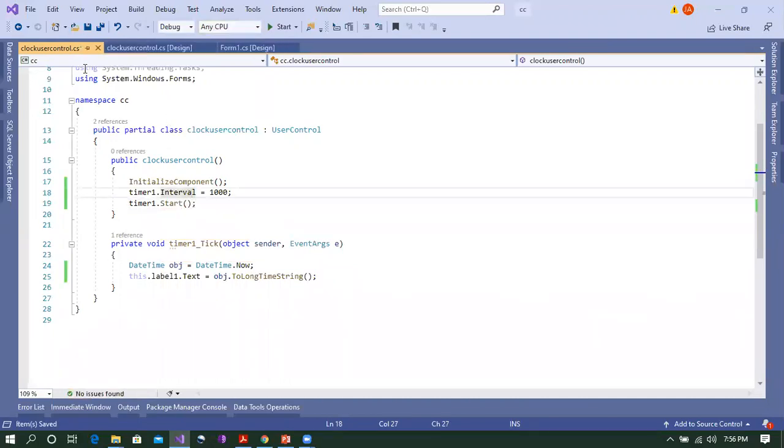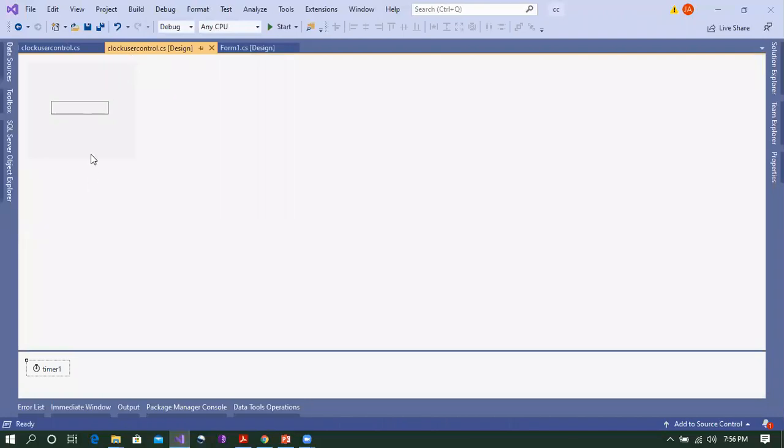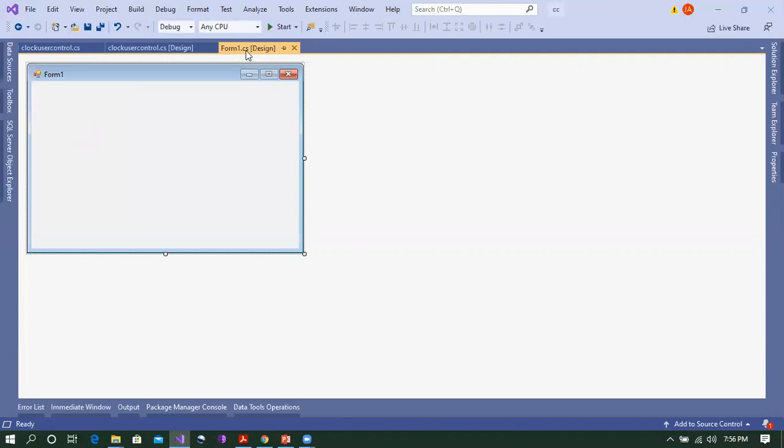I have created a custom control, and when I add this control onto the form, I'll start seeing the functionality of the timer, which is to display the time. In every second, a new time.